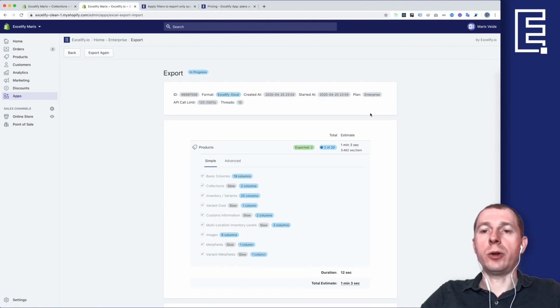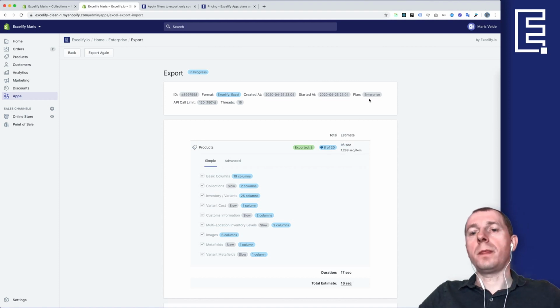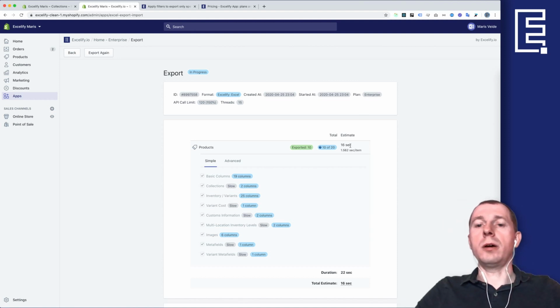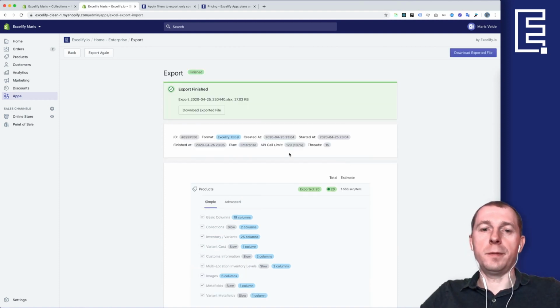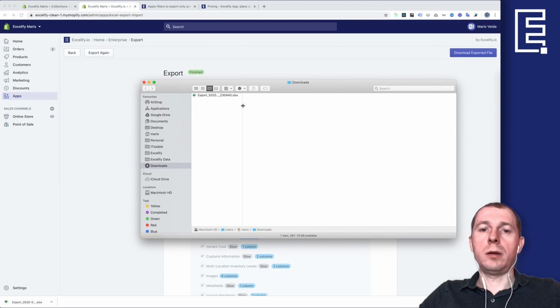Since we are on the enterprise plan, you see that as soon as it started to export, the time significantly drops because it's spinning off those 10 parallel processes, and it's exporting faster than it initially estimated. So 3 seconds to go. Done. Okay, so now we download the exported file, and you see that by default the file name is like